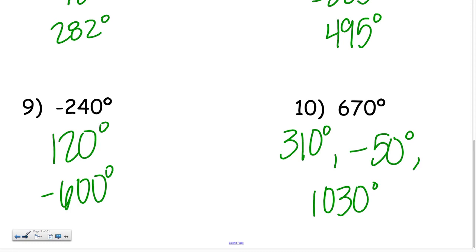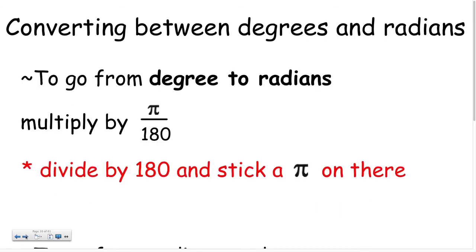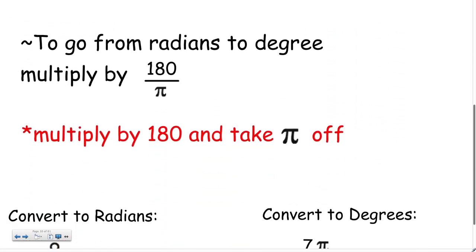Alright, the last thing in this lesson is going between degrees and radians. To go from a degree to a radian, all I do is multiply by pi over 180. To simplify that means divide by 180 and put a pi in it. So to go from radians to degrees means to multiply